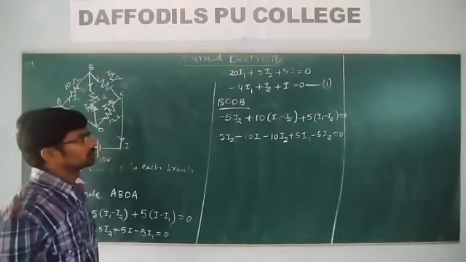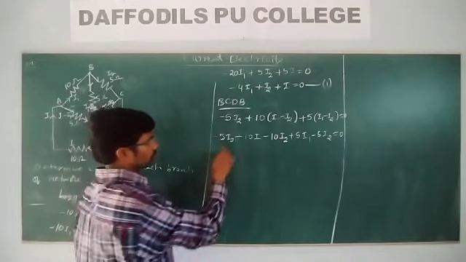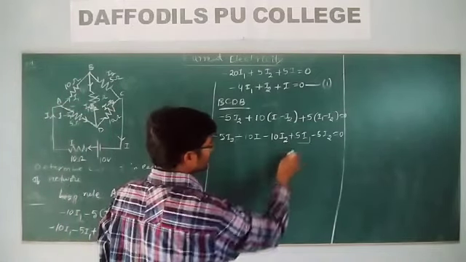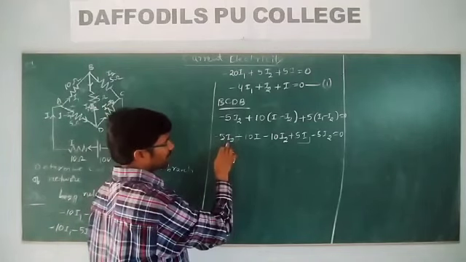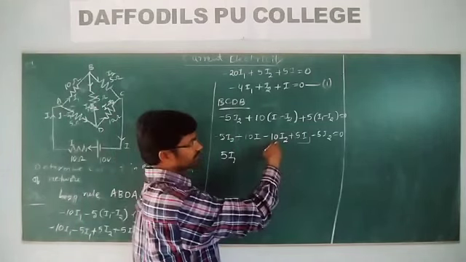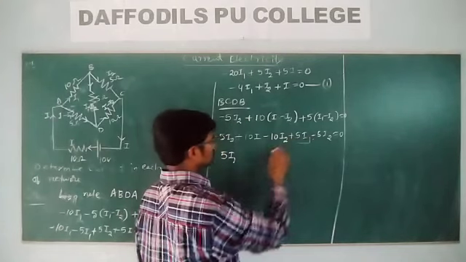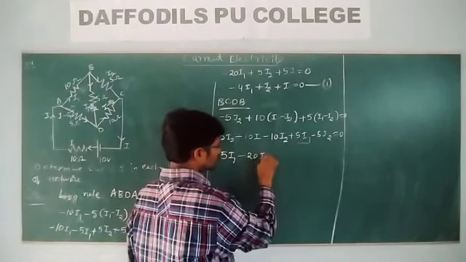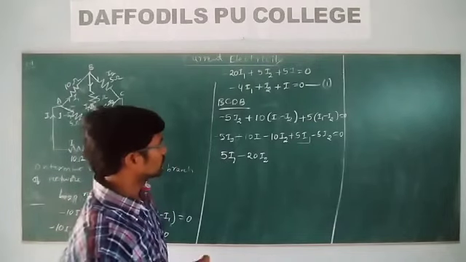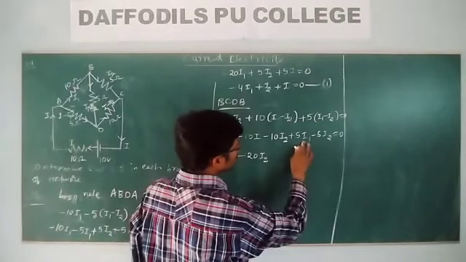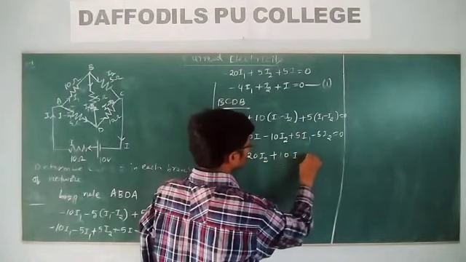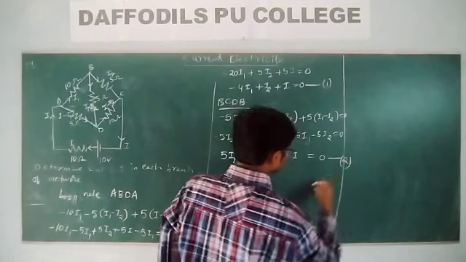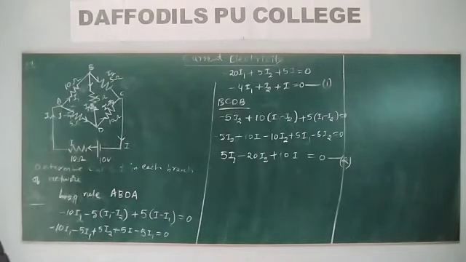Yes, we have multiplied. Now minus 5I1 only we have. Let me write here first I1. Next, I2, what do we have? Minus 5I2 minus 10I2 minus 5I2, minus 20I2. And what do we have remaining? Only 10I. So 5I1 minus 20I2 plus 10I is equal to 0. Let us take this as the second equation. Is it okay?